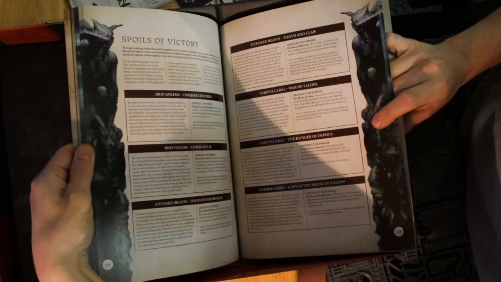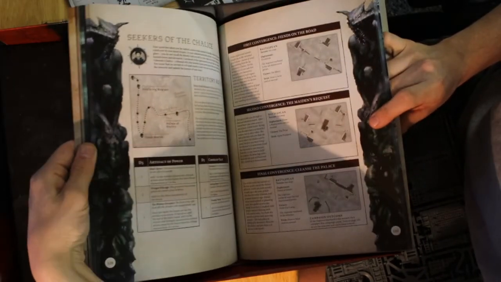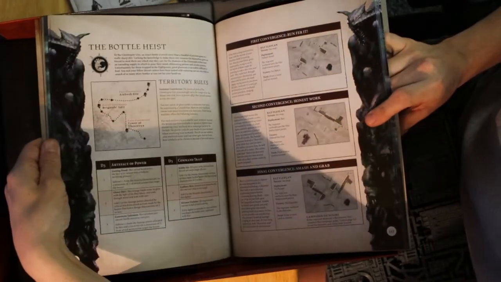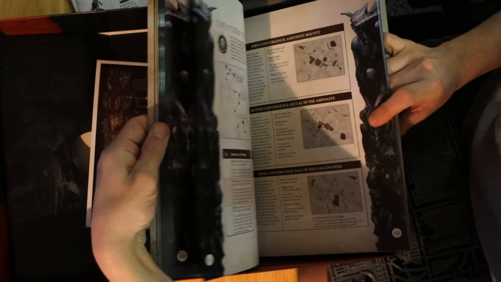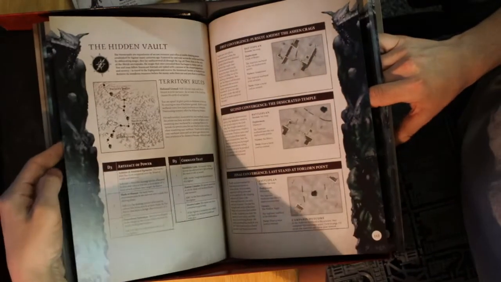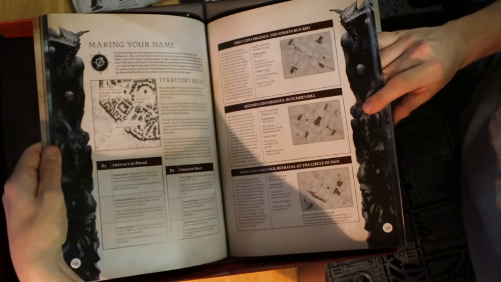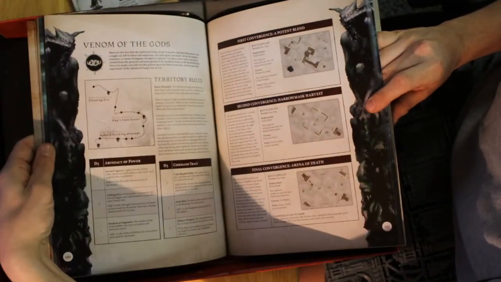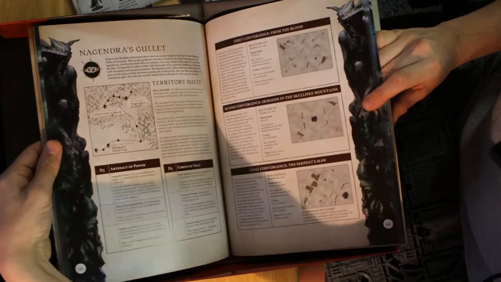Then you have all of the Spoils of Victory for these things: the Stolen Totem, Traitor's Fate, Proper Scrap, Seekers of the Chance, Bounty of Souls, Bottle Heist, Stolen Tome, Hidden Vault, Bells of Lost Valorium, Making Your Name, Tide of Fire, Venom of the Gods, Nagendra's Gullet,